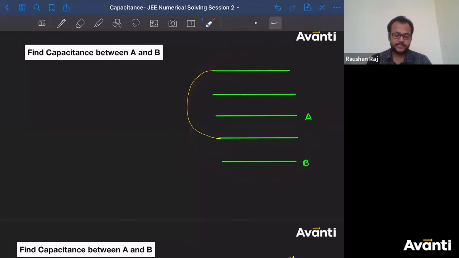ठीक है, चलिए बताइए जल्दी से कैसे आंसर करेंगे इसको। Try to get the correct answer for this. You know what to do. ठीक है, please try to revise that. You'll get the answer. Don't worry. This is not any rocket science. You know what to do. Just have confidence. Try to recall the method and try to get the value of C equivalent across A and B. जल्दी करो बच्चा लोग। Come on, guys.